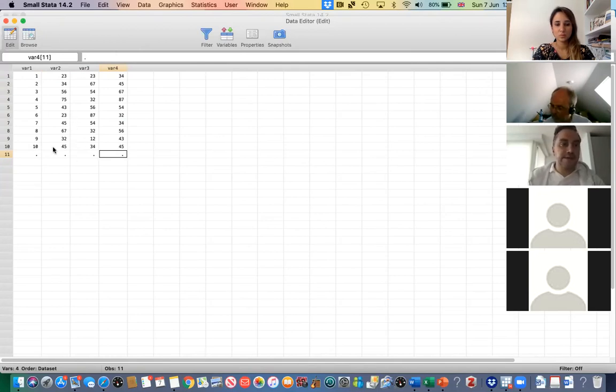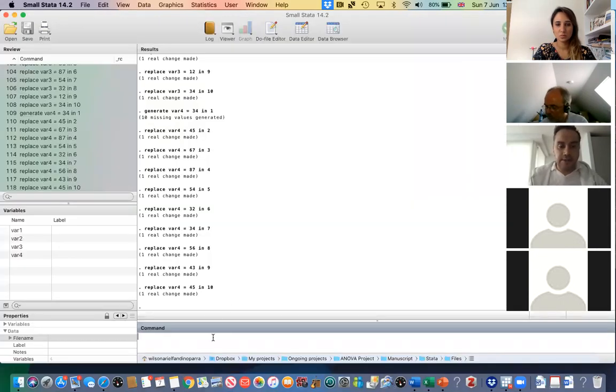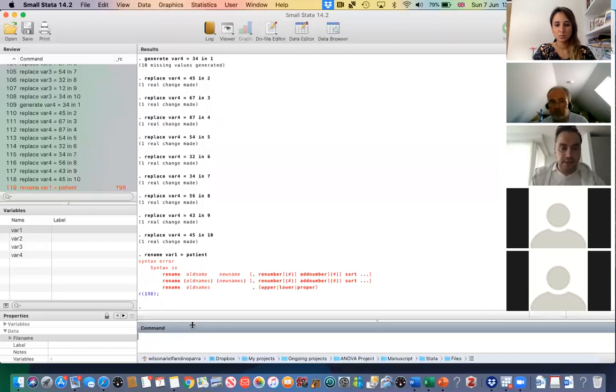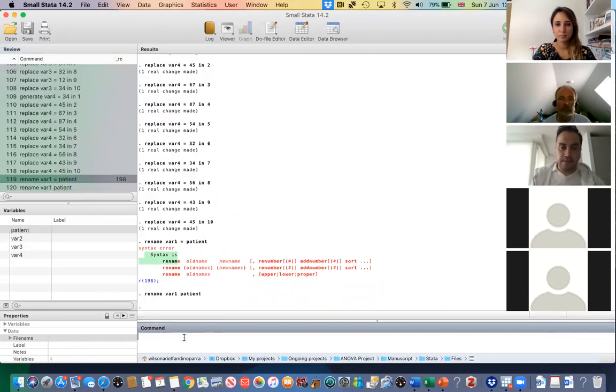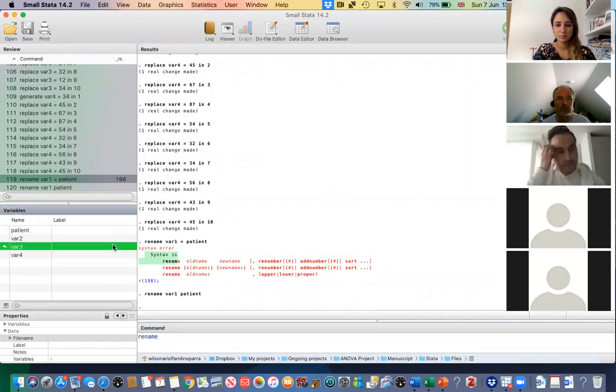Okay, so I've got a data set here. I'm going to close this. And then I'm going to say rename variable 1 equal to patient, for example. Yes, sorry, data. And then rename variable 2,